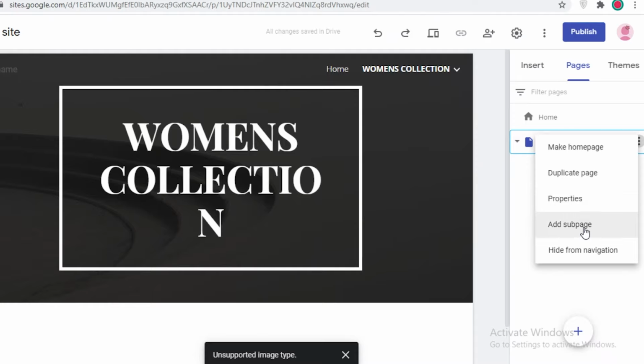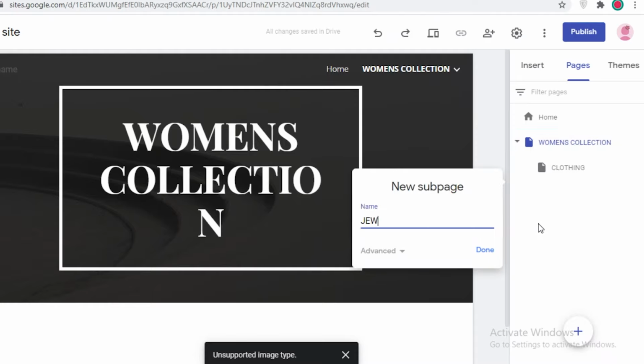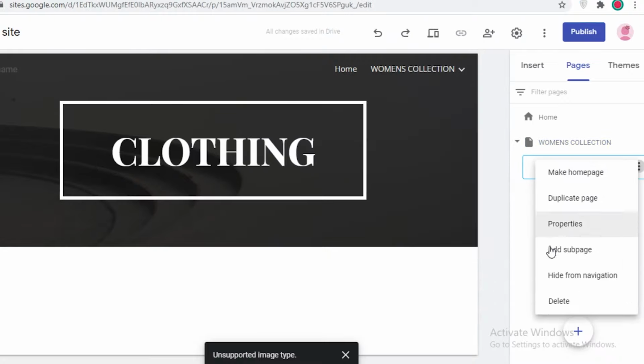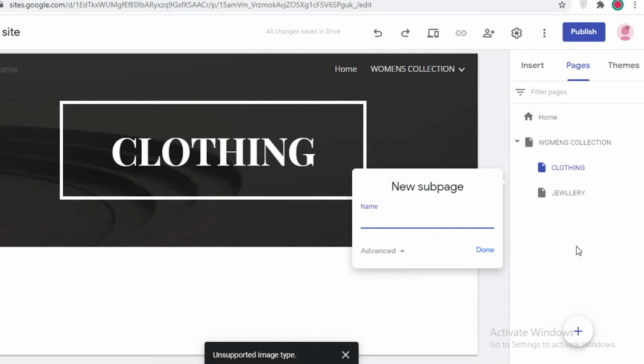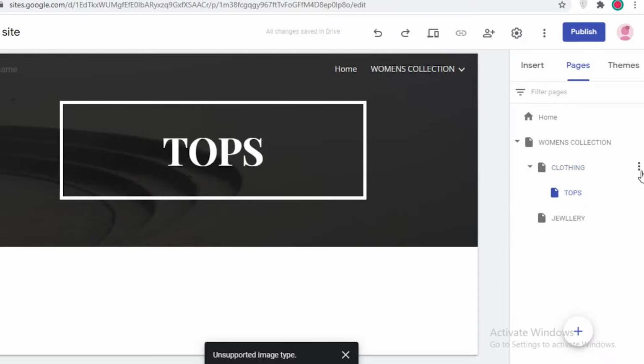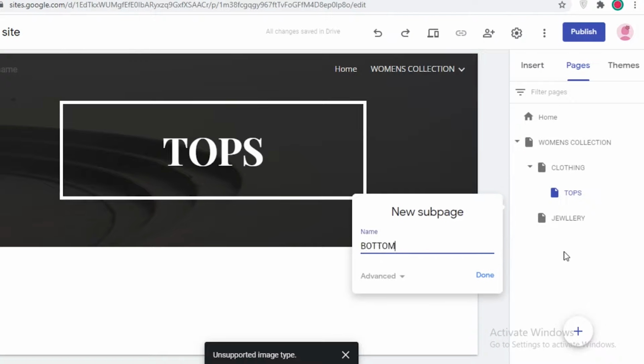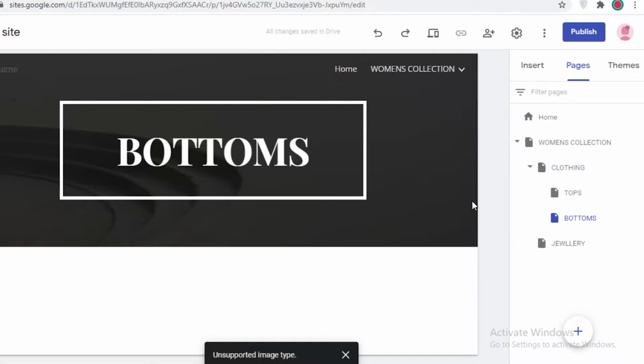So I'm just going to click on these 3 dots again, and I'm going to click on add subpage, and I'm going to make jewelry. So now I have these 2 sections, and within clothing I can add different subpages as well. So from clothing I'm going to add the subpage called tops like this, and then I can add more subpages like bottoms like this,